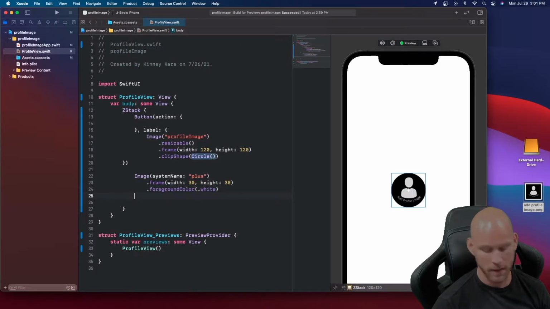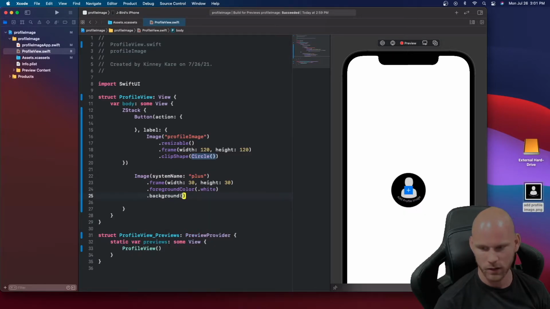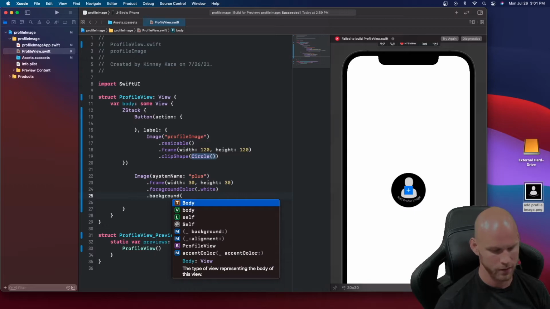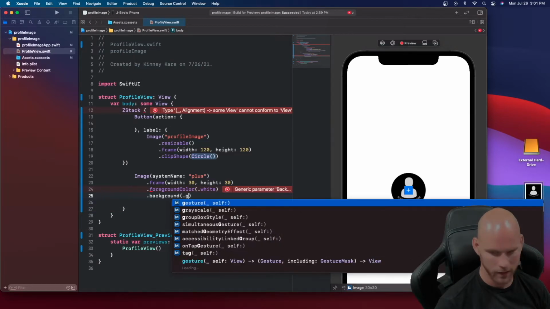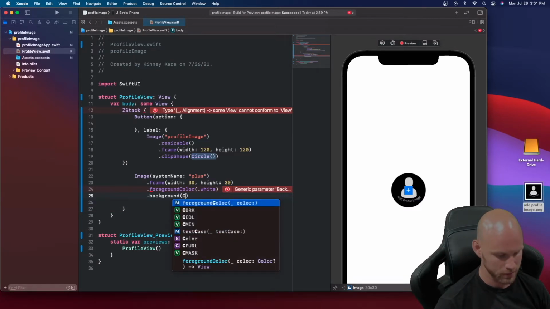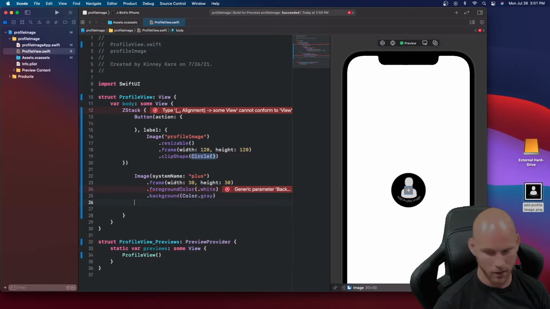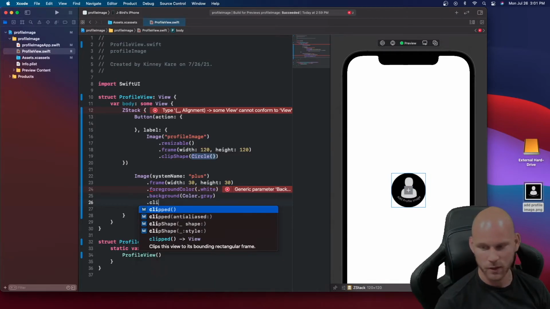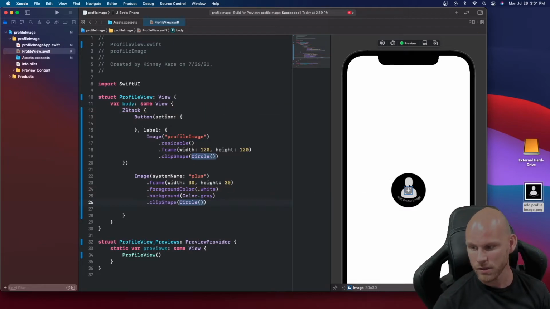Okay, and then I'm going to make that background a gray. Again, oh, I need to do color. I think no, I can just do dot gray. No, let me see, dot gray. Does that work? No, I gotta do color. Sorry, color dot gray. Okay, and then that should make that gray. There we go. And then the last thing we want to do as well is the clip shape and make that a circle. Okay, so now we have a perfectly circle plus sign, and then we have this right here,